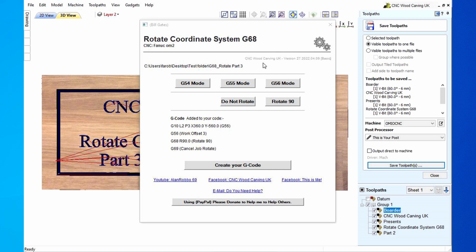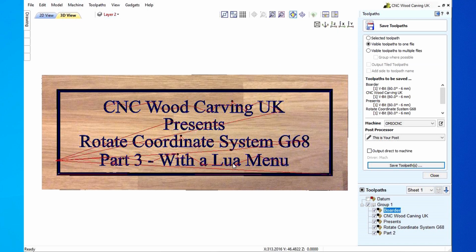On the dialog, the next line down is my copyright including the version and date. Next you will see the path and file name. Now for the buttons, when you click one, the text will change to indicate your selection. Have a play to see what the result will appear in your G-code. When you're satisfied with your settings, click Create Your G-code, which will close the dialog and allow Aspire to create your